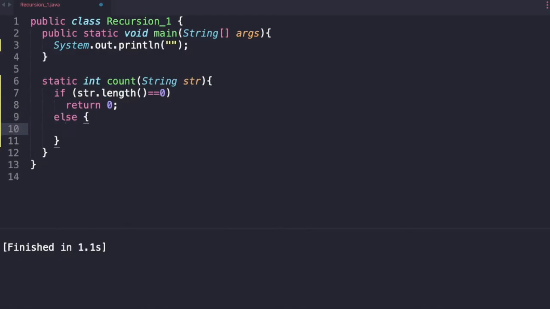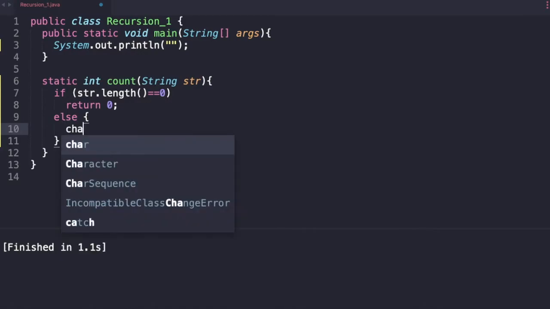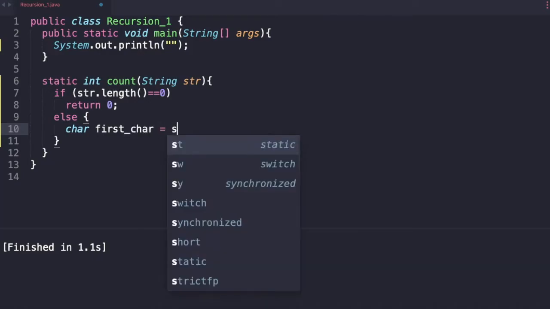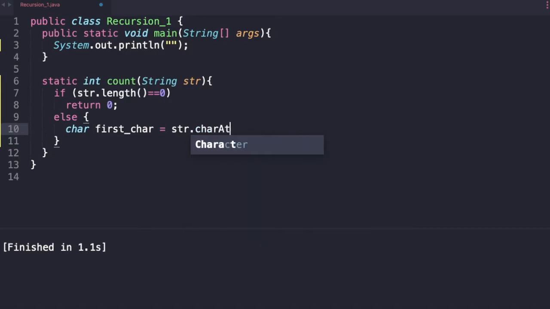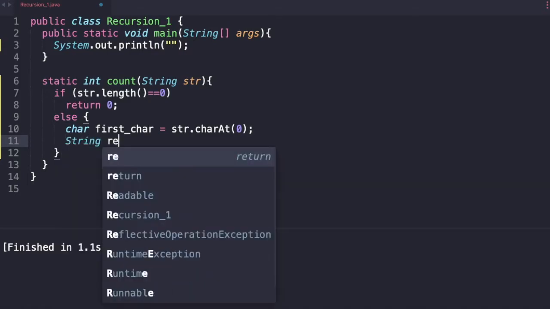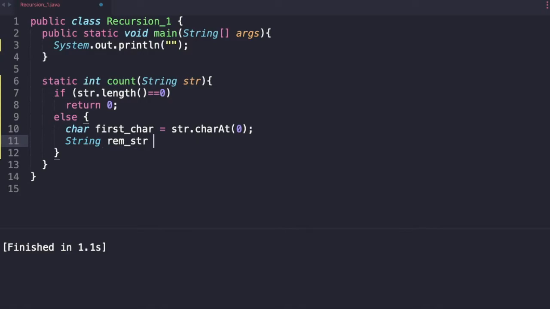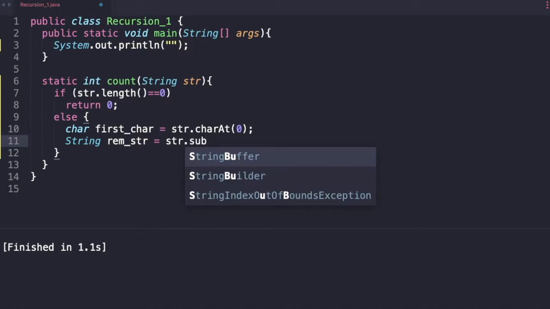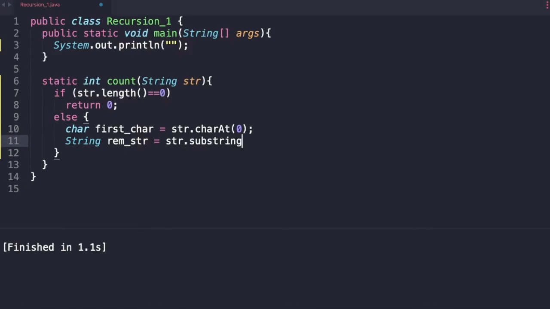Else, we will find out the first character. So let me say char firstChar is equal to str dot charAt 0. String remainingString is equal to str dot substring 1.